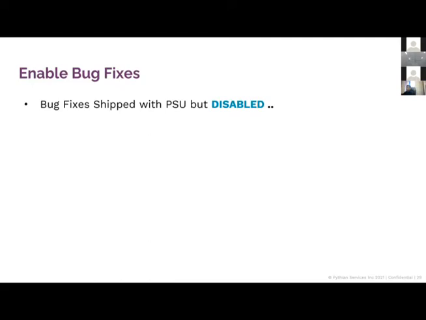Another important point, one of the last things in this particular section, is about bug fixes. First we talked about determining the version and finalizing the OS, right? Then we filtered out the bugs and the patches and we applied. So let's say we finalize and we come to 19.10. The important thing to note is bug fixes that are shipped with these PSUs are always disabled by default. Why is it so? Because these fixes also can impact your performance and optimizer.